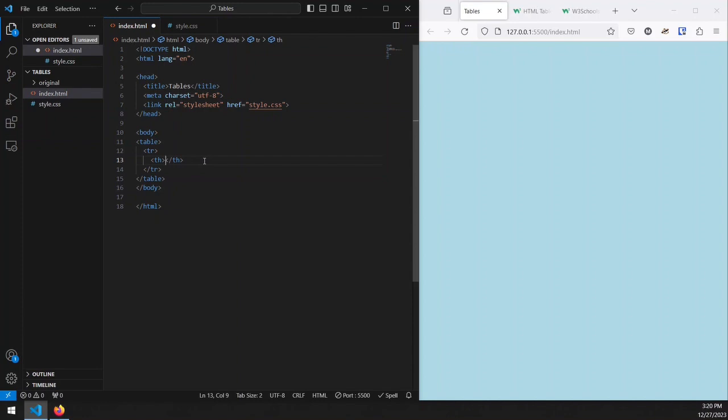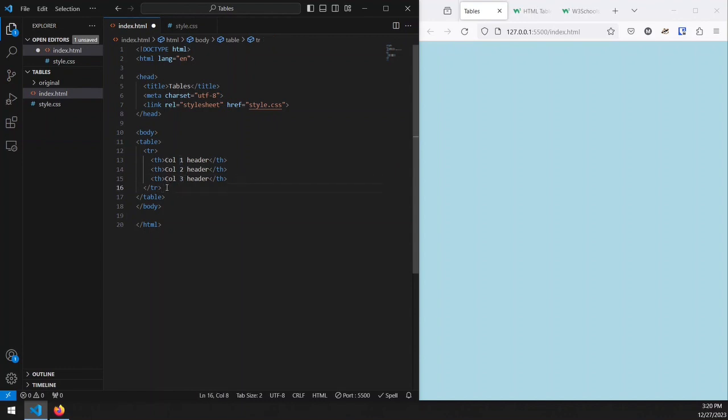In this case, this is going to be the very top left cell. So I'm just going to call this col1 header, and I'm going to create 2 more. So inside this first row, there will be 3 headers,